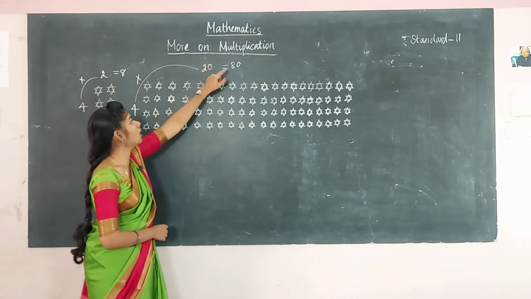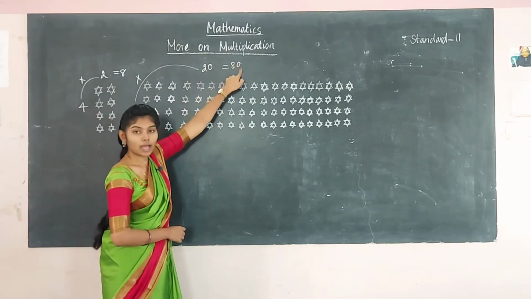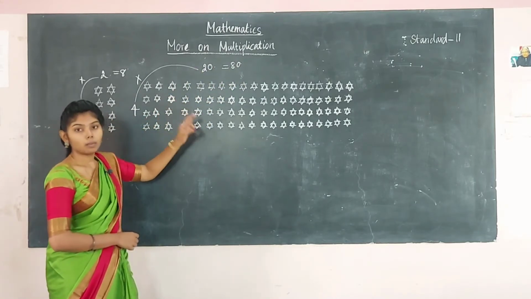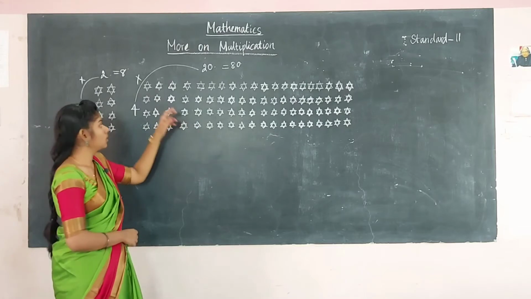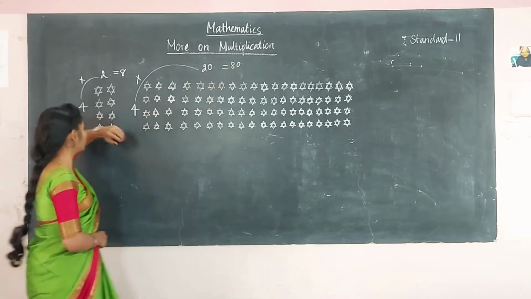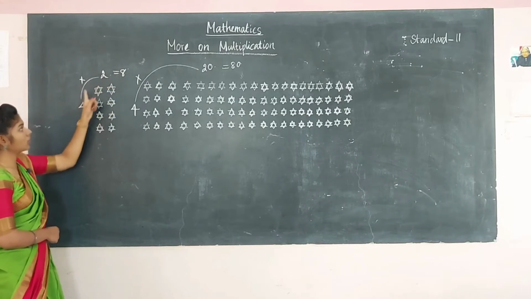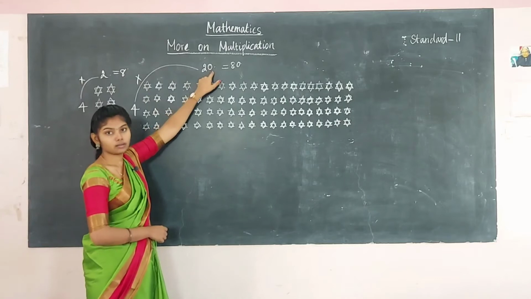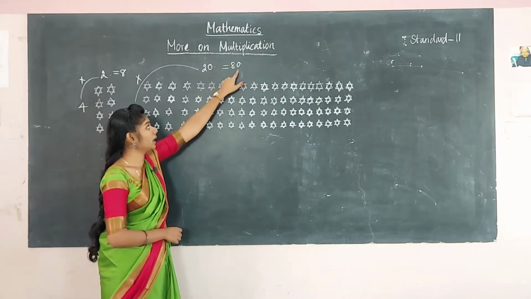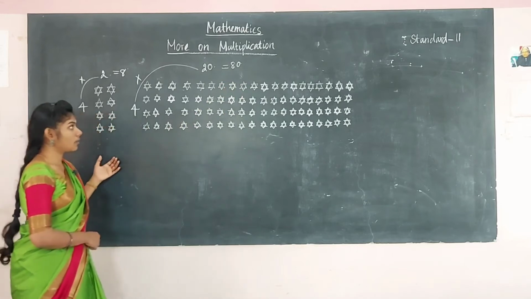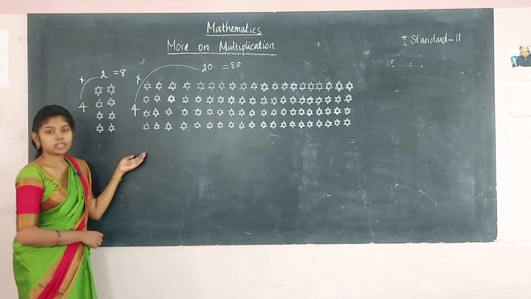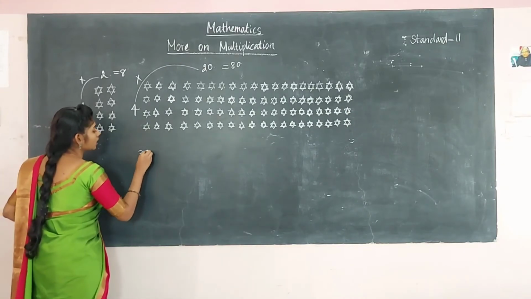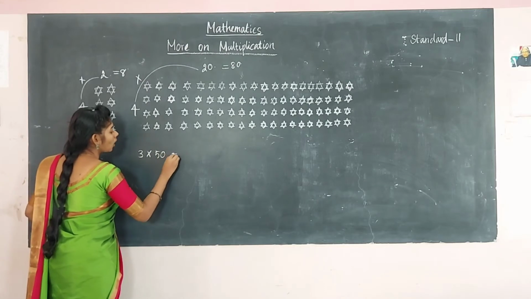So 4 2s are 8 and here 0 is there. Here I have written 0 in the last place. So this means multiply by tens. You are multiplying by tens. Here 4 20s are 80 and here 4 2s are 8. So same thing only. The numbers are same. Here also numbers are same. Here extra 1 zero alone is there. It has a tens place. So you have to write 0 in the last place. So this is a way of finding the answer for multiplying by tens. Very easy method only. So for example, I am giving you 3 into 50. So what will be the answer?